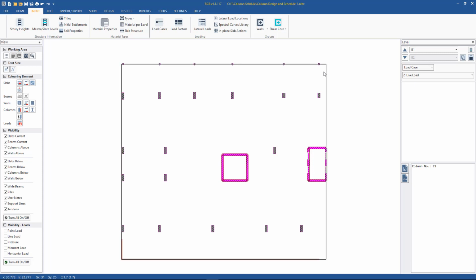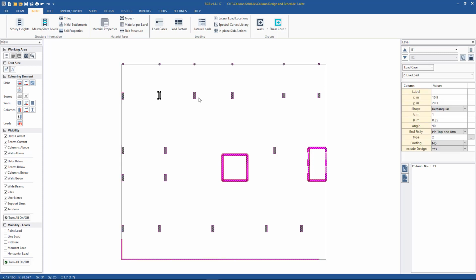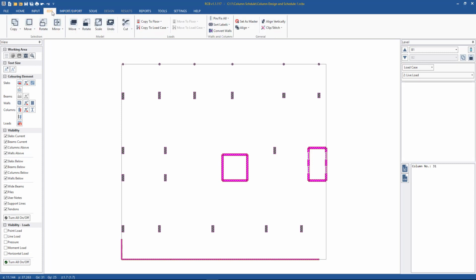The next thing that must be done is that the columns must be labeled. So in RCB, all of our columns just have a unique index, to help us identify them. However, this is not so useful when creating a schedule, so we need to assign a label to them as we would when creating a schedule on paper, for example. This is done under Edit, Sort Labels,